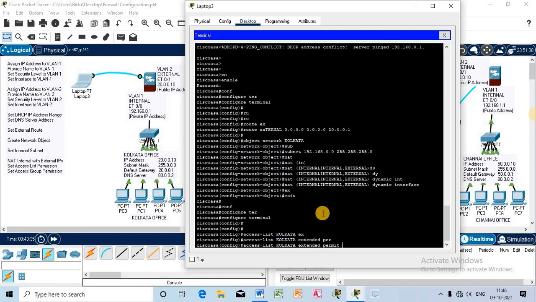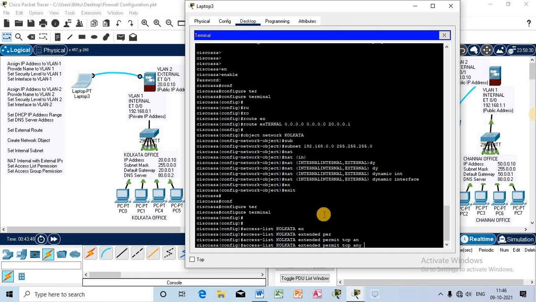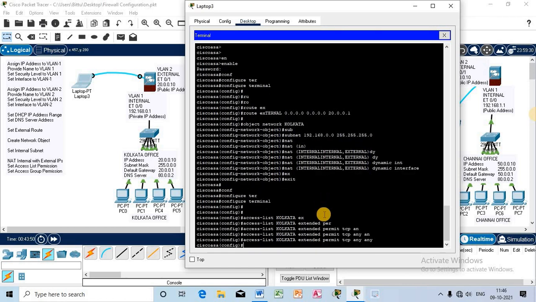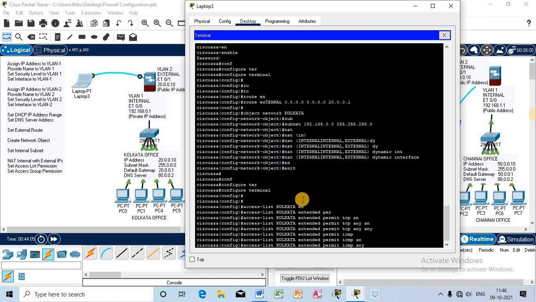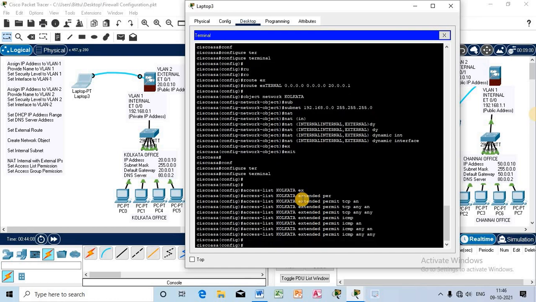Who will be given the permission? A protocol will be given permission to access through the firewall over the network. The TCP protocol. Remember, there are many protocols. I will allow TCP to access any host and any destination. I will repeat this command again for a different protocol. Observe, the ICMP protocol, to get access through the firewall to any host for any destination. Write down this command.